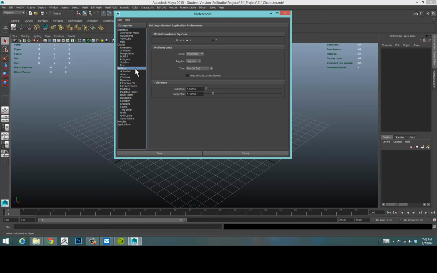So if you just click on settings, here we have now our working units. So at the moment our working units are centimeters. And that's all we need to know for now. If I want to change this to something like inches or feet, I can do that. And a lot of times what's going to happen is your Maya is going to reset. It constantly resets back to centimeters. So every time you create a new file, it's going to reset your working units back to centimeters, just because